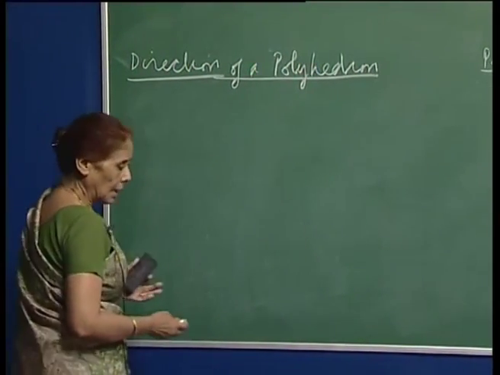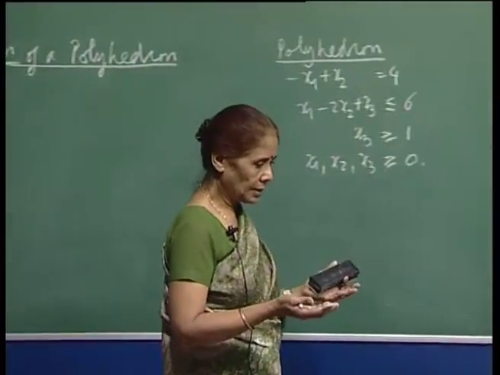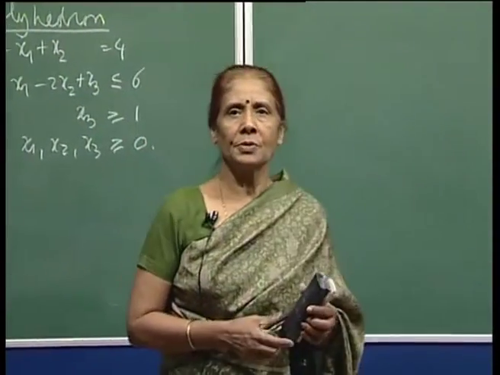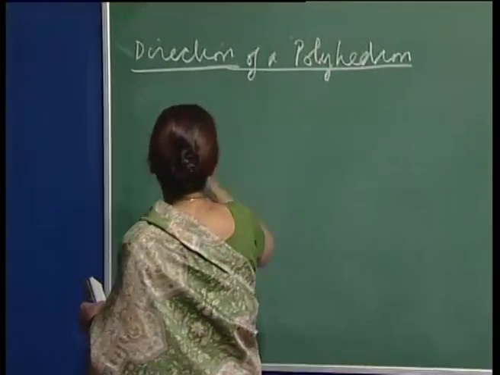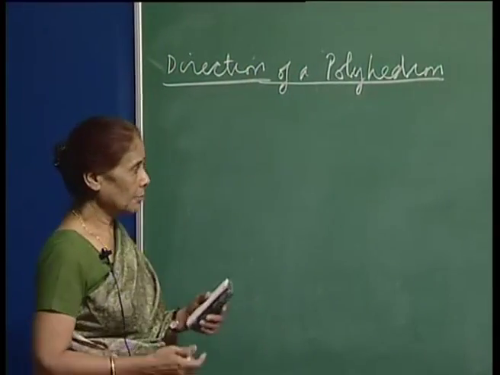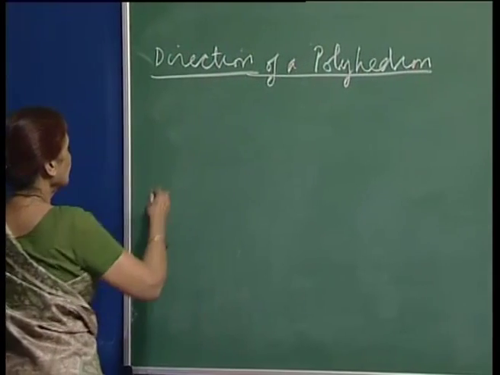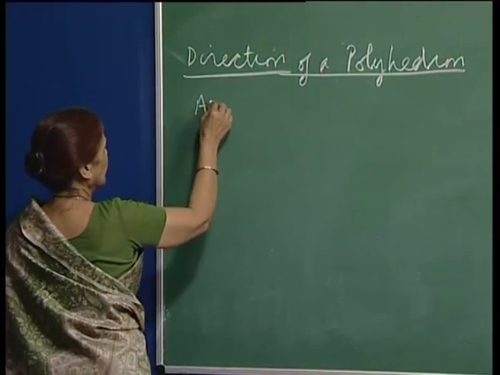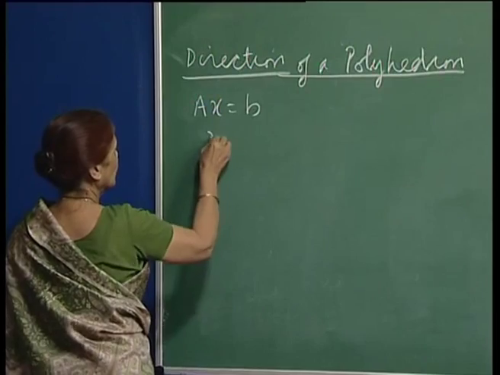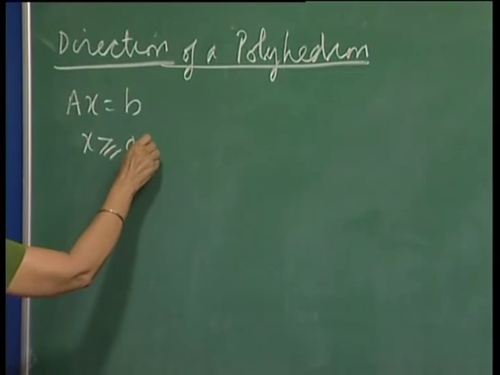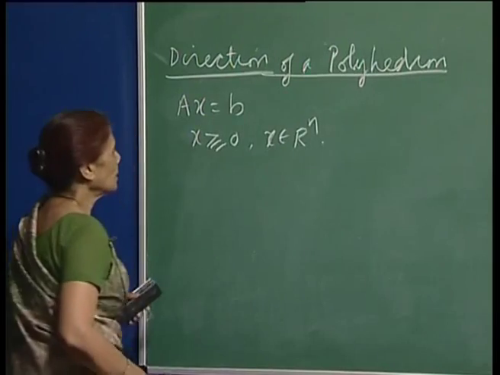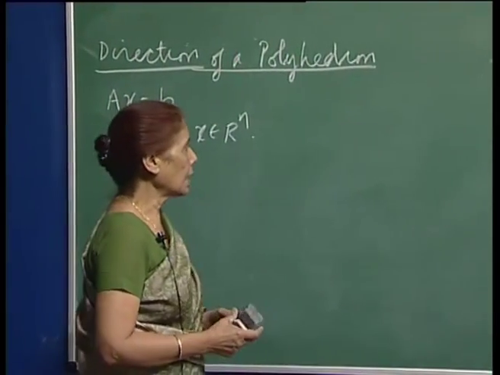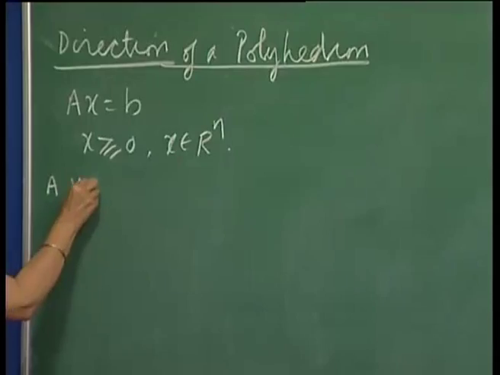I will take up the polyhedron that corresponds to the feasible region of the linear programming problem that we defined in 3, which I have been calling LPP3. Here you have Ax equal to b, x greater than or equal to 0, and of course x belongs to Rn. So, this is my polyhedron in dimension n, and we say that a vector